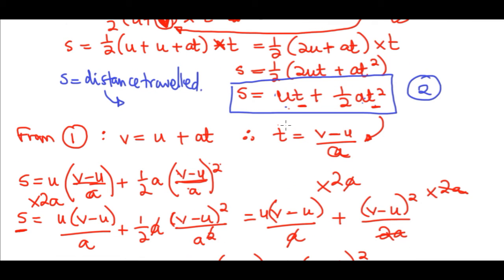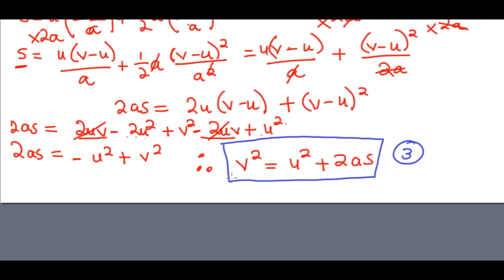Our u being our initial velocity, our t being our time, obviously, and our a being our acceleration. And then the third one, v squared, we said this is final velocity, u squared being our initial velocity, and then our a, acceleration, and our s, the distance that the object traveled. These are our 3 equations of motion. In the next video, we're going to apply them to a couple of examples.